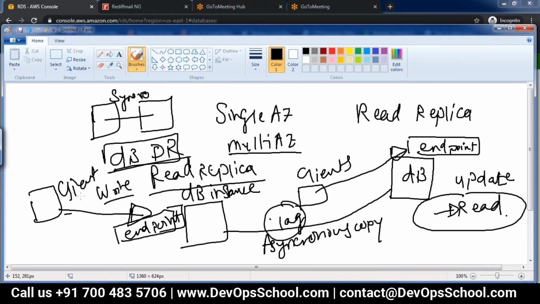So you can only read from this endpoint. Now suppose something happens and your main database has gone down, then you can promote this as a normal database instance. So your normal clients can communicate on this endpoint. Okay, so that is the concept of a read replica.